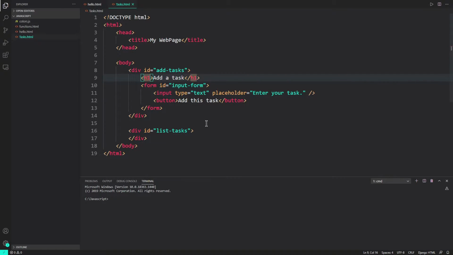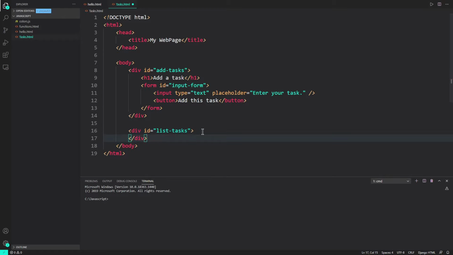So yeah, we have an add task header, then we have a form inside which I have an input field and a button, very simple. The main logic is that when this button gets clicked, I want a list element to be added inside this particular div. This div is going to be empty because I cannot just create an ordered list over here and add elements into it, because I do not know what data I want to add, because it's going to be dynamic and not static.